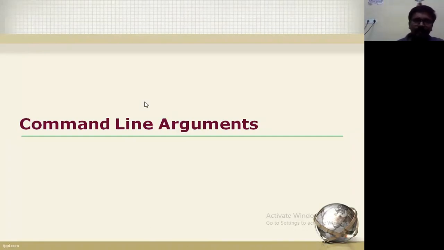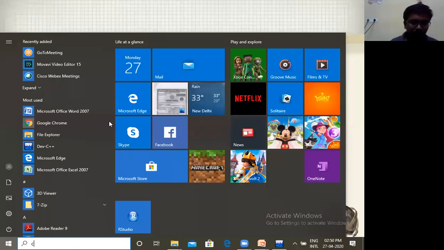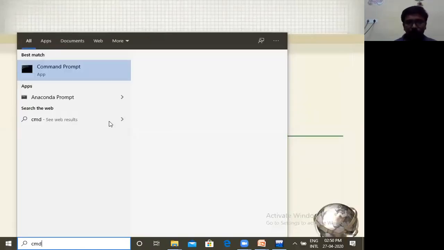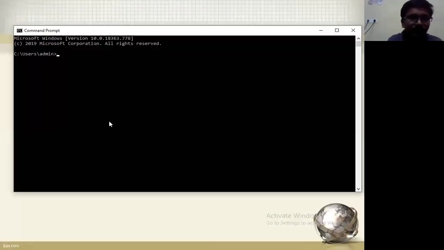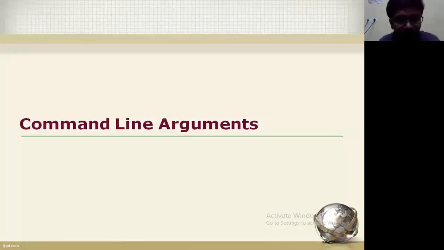Then what is the command line here? It is a new statement. Previously, we don't have knowledge of the command line. Command line is nothing but, in your system, you can go to the command prompt. The command prompt is called the command line. What is the full word of this one?